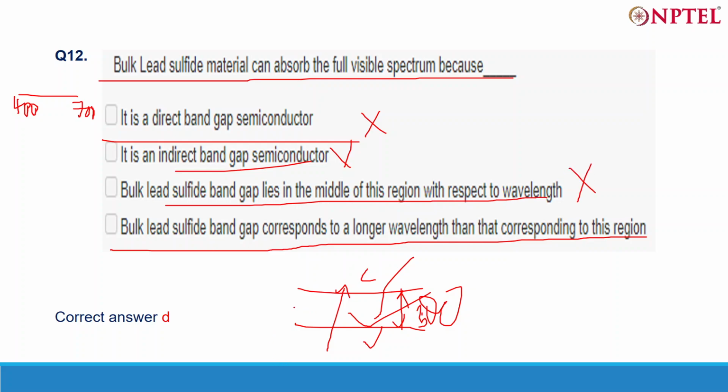If it lies in the middle of this region, then it won't absorb the full visible spectrum. It will absorb only half or maybe three-fourths of this spectrum. Okay, so it corresponds to a longer wavelength. So this is the correct answer. Okay,